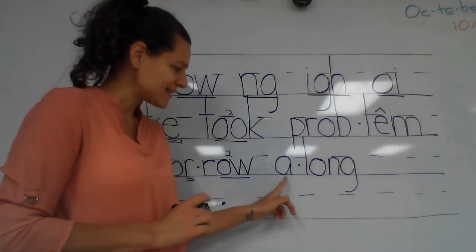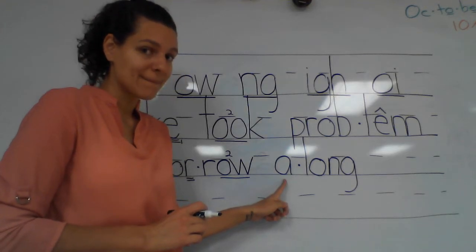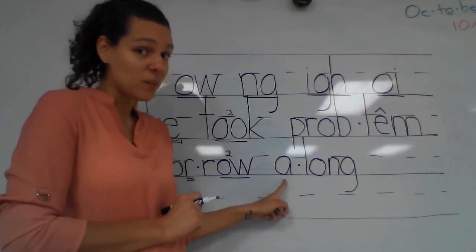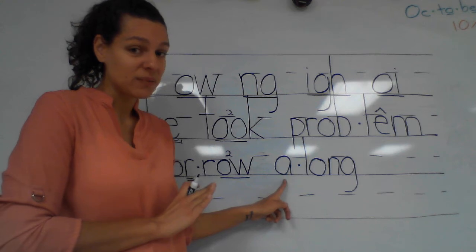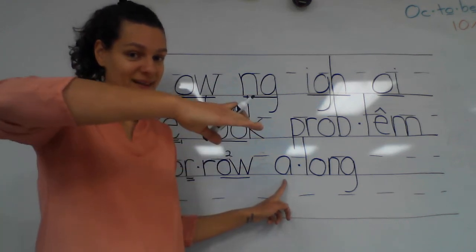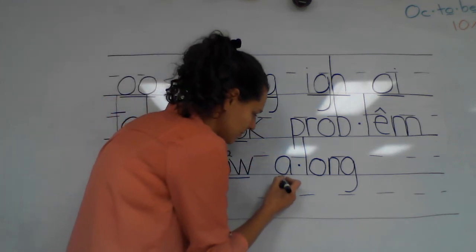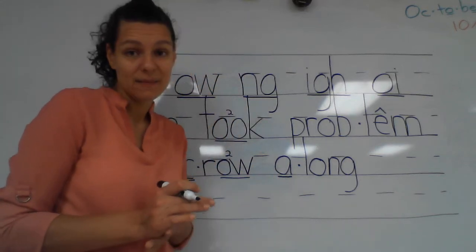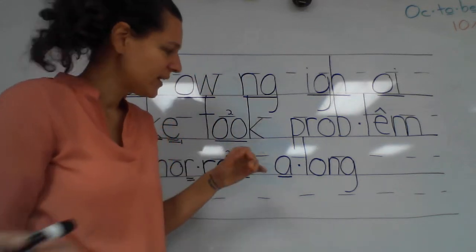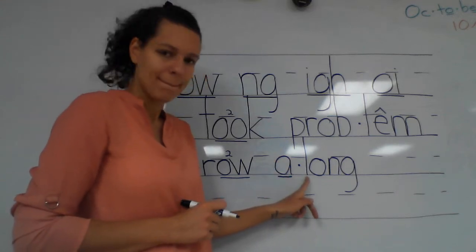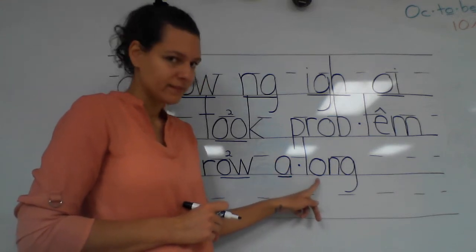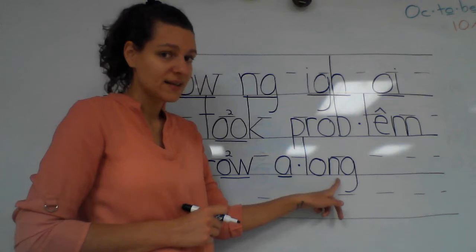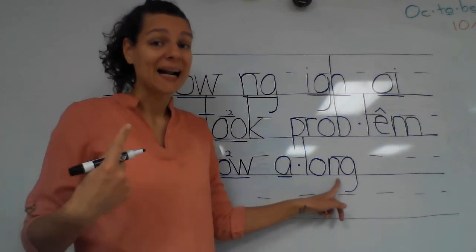And let's mark it. Does this need a marking? All right, we said it was an open syllable, so it's saying its name. Show me how we mark that. Good. Remember, an open syllable just means our single vowel is at the end, and it says its name. Does this need a marking? How about this? Good, we need to underline our